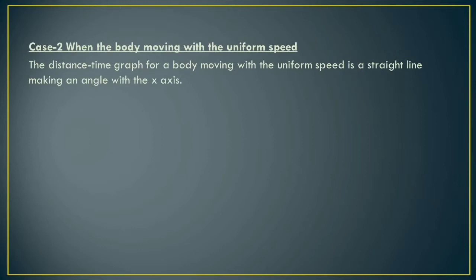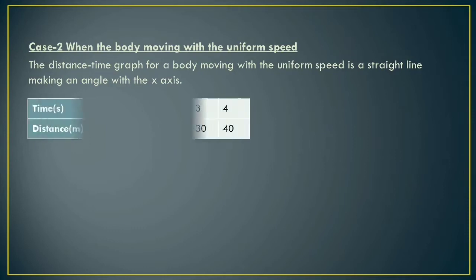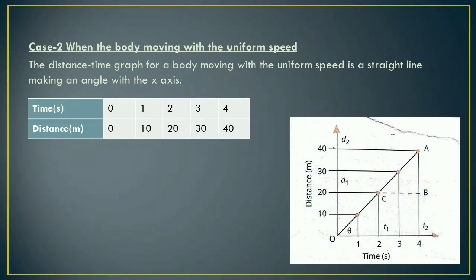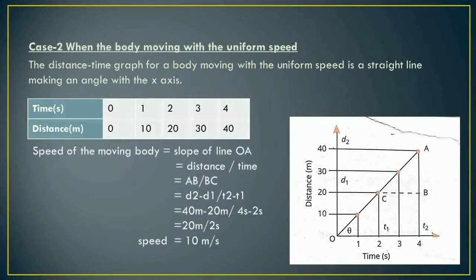Our next case is the distance time graph for a body moving with uniform speed. As we know, when a body covers equal distances in equal intervals of time, it is said to have a uniform speed. The distance time graph for a body which covers a distance of 10 meters in every second is shown in that table. Okay, so as shown in that table, all the points of that graph fall on a straight line. You can see in this graph,